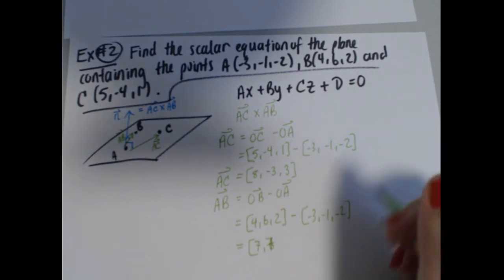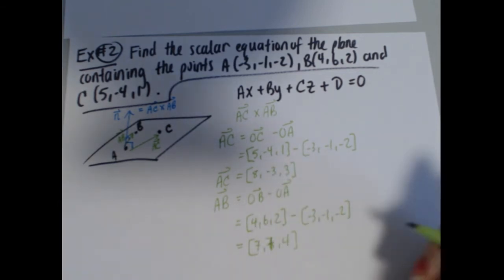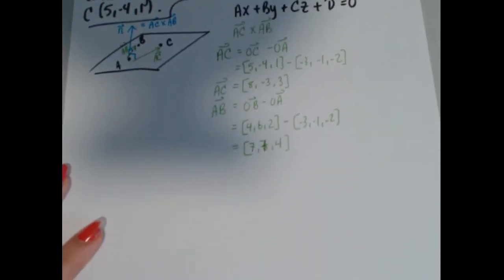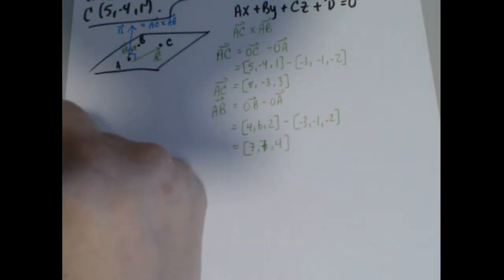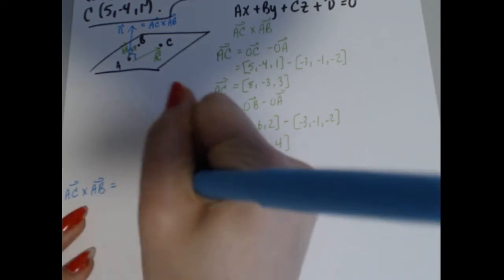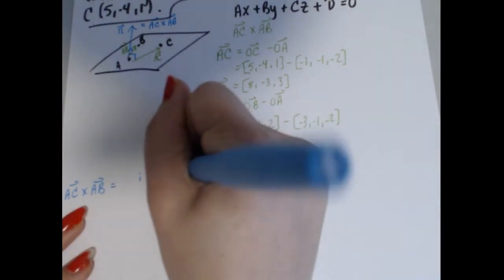And 2 minus negative 2, that's 2 plus 2, which is 4. So 7, 7, 4. Okay, now to take the cross product. Okay, so I'm going to just move down here. So you remember how to do this. AC cross AB is equal to, so I set up my ijk